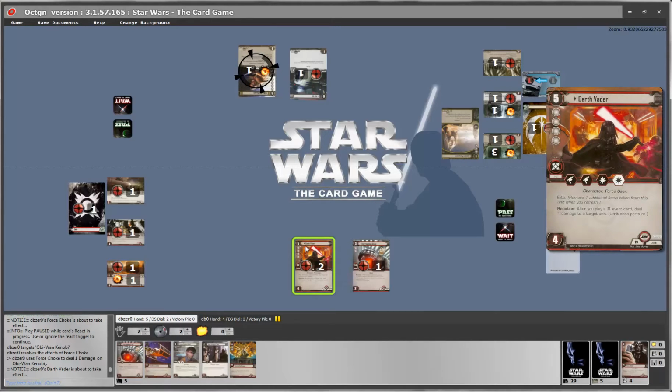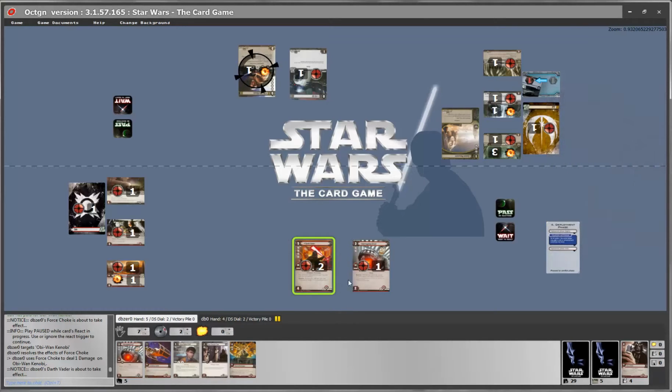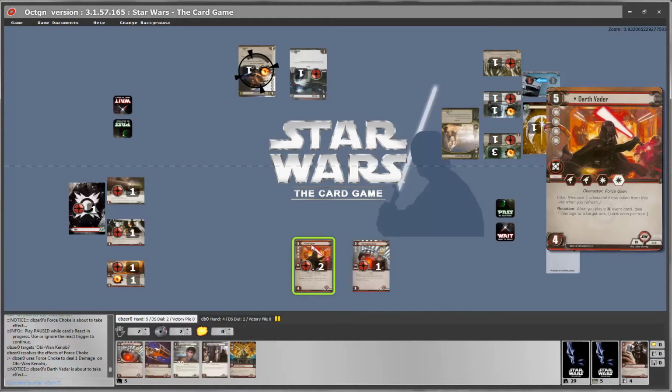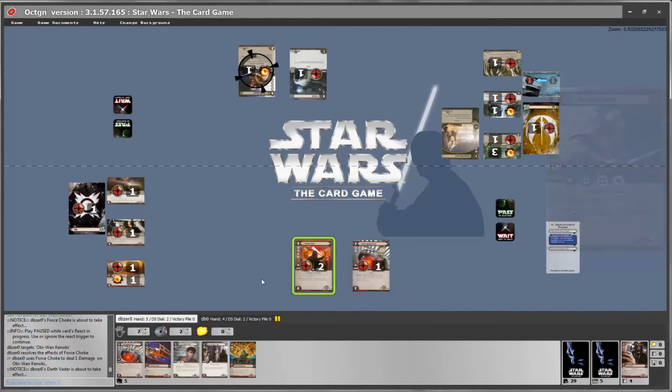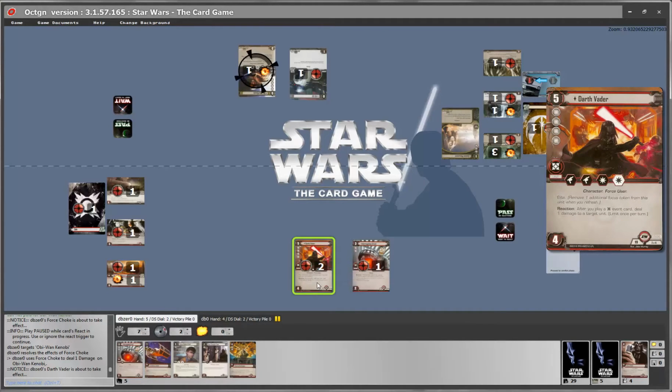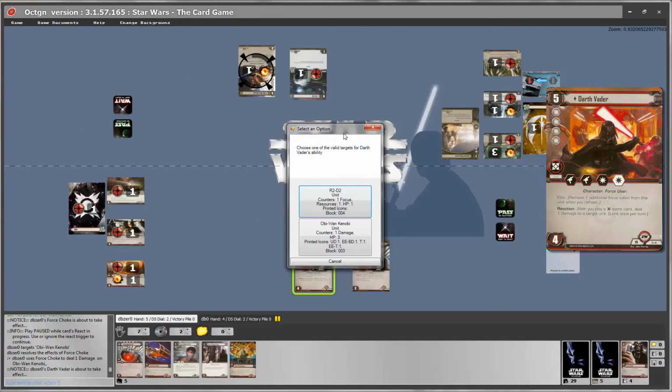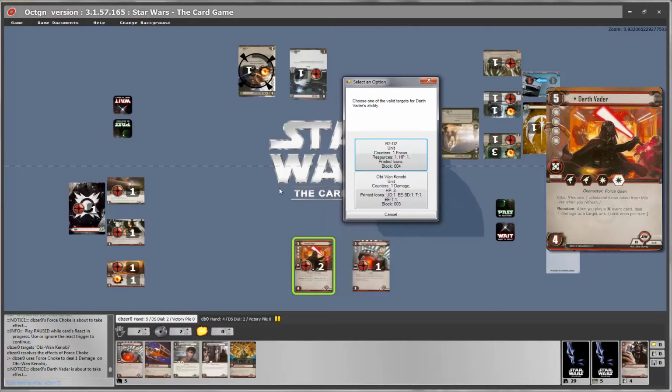What happened also? Darth Vader has a trigger. When you see again the green highlight, one of our cards has an opportunity to take effect. Darth Vader's trigger allows us to target one of the units in the game. So in that case, we have Obi-Wan Kenobi. Double clicking on Darth Vader will give him another damage. Darth Vader, however, can target any unit, even droids. So in this case, we could easily get rid of R2-D2. However, we're just going to damage Obi-Wan Kenobi, so we get him down and ready to die.